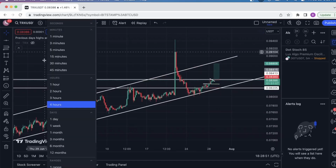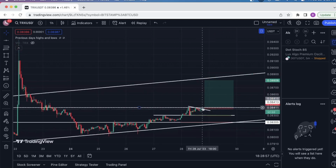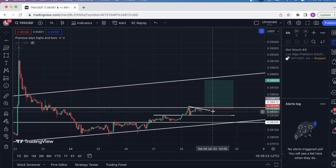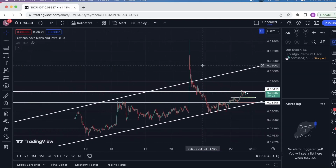Let's see what kind of risk reward ratio this would give us. So this is crazy. Okay, so a 1 hour candle close above this previous level of resistance, you're targeting the top of this channel. I put it a little bit lower to be somewhat conservative, but essentially this would set you up for a 1 to 15 risk reward trade. So for every $1 you risk, you could potentially get $15 in return. So you would risk 0.31% to potentially get 4.65%. So actually, I might even take that trade. I could probably set an alert or something. But yeah, that's the way I would play